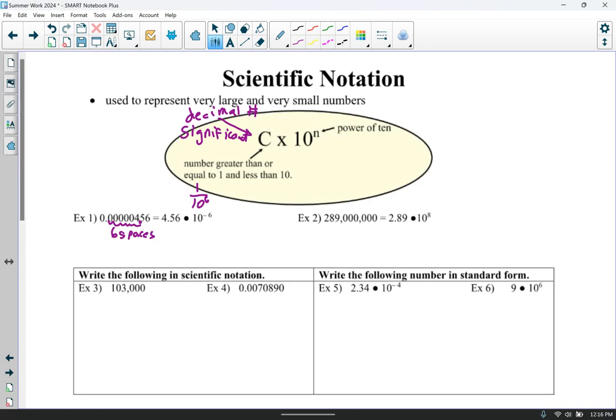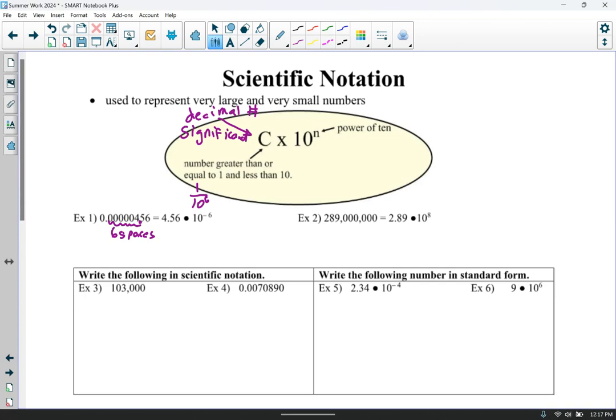5 zeros, but it moves 6 spaces, 6 place values to represent our small number of 4.56 times 10 to the negative 6. The reason we move the decimal 6 places to make 4.56 is the rule of our decimal number or our significand, that it has to be between 1 and 10. So there's only one digit to the left of the decimal when we write in scientific notation, being a 4 here. Our second example is a big number,